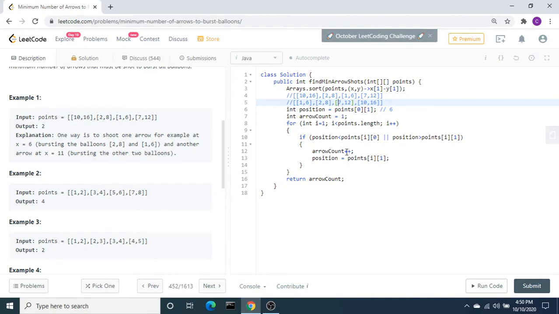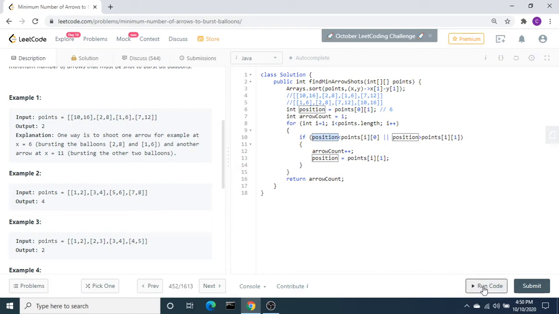It goes inside and increments by 1. The count will be 2. Then the position will be 12. The next time it comes, the position is 12. Is 12 less than 10? No. The next condition, is 12 greater than 16? No. So it will not go inside, and it will come out of the loop. So we will have the count 2, and it will return 2.